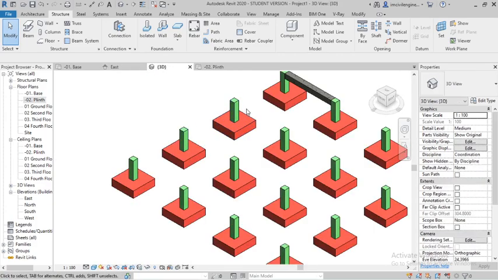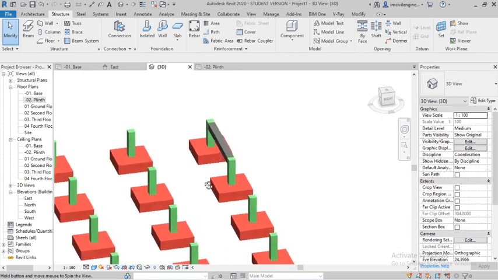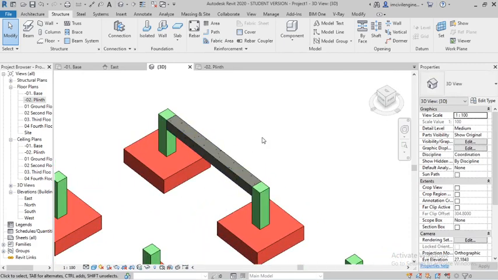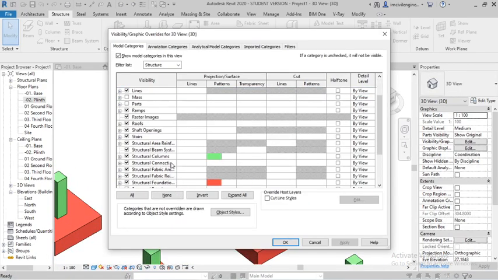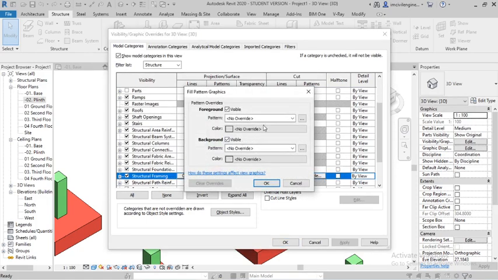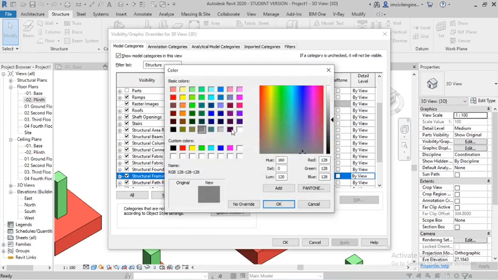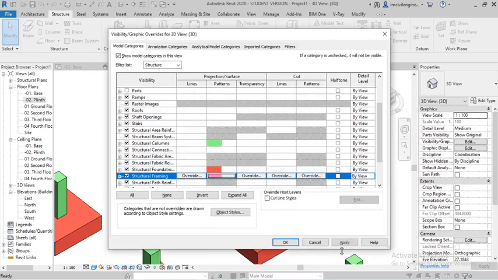Go to 3D, you can see the beam. Visibility graphics, structural framing, solid fill, and this color is fine. Okay, apply.